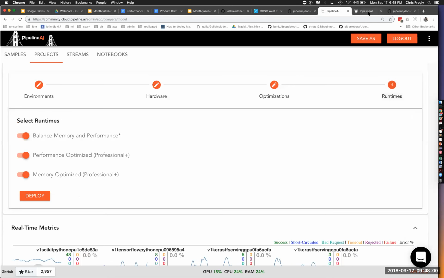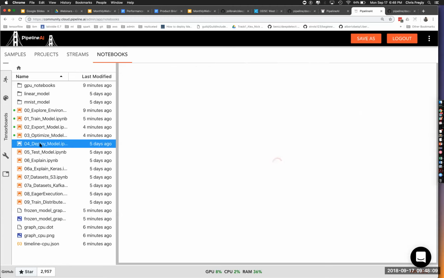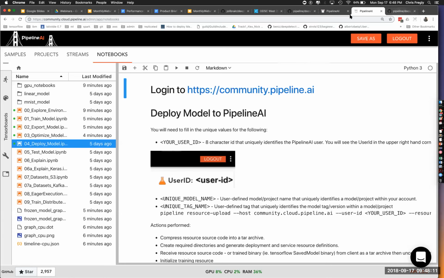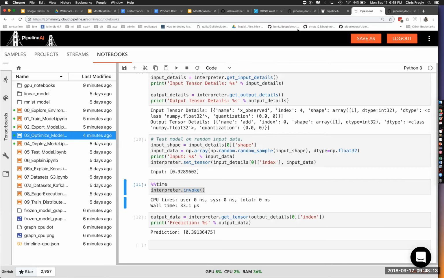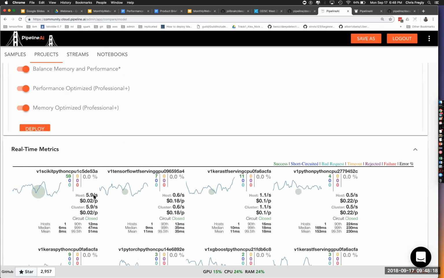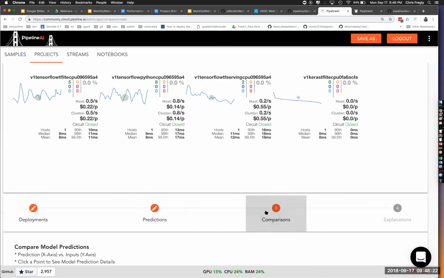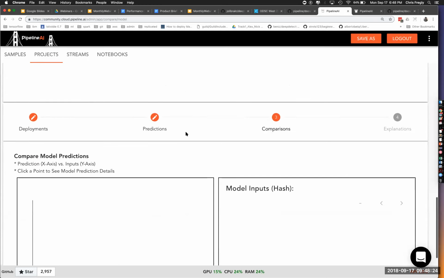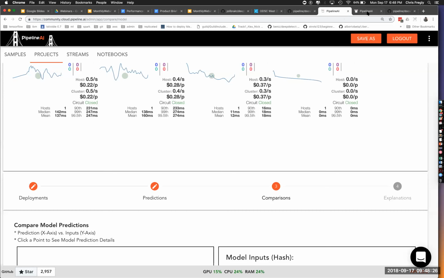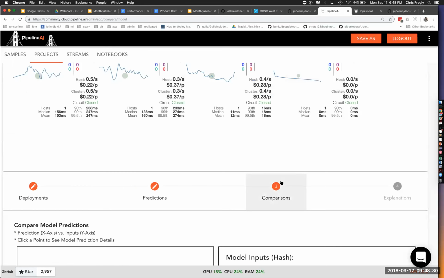Which is actually also acting as a performance boost as well. And when you do that, you'll then want to compare these different variants in production. So that's why we're showing it here, right? Not just the system performance, but we'll also show you, when you go to the comparisons tab, how these models are doing in terms of their predictions. And I mean, down to the actual confidence level as well too.